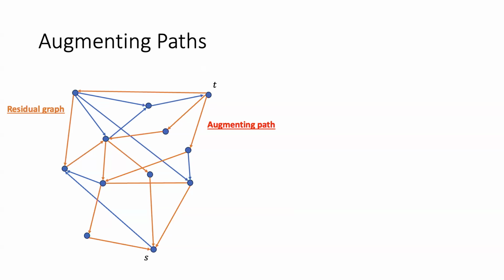Now, crucially, even though there's no S-T path in the original graph that does not intersect with our previous flow paths, because we are considering the residual graph, there's one more such path that crucially uses this purple edge. By using this purple edge and sending a unit of flow through it, we're effectively canceling out the flow that we sent in the opposite direction in a previous iteration. And it can be proven that by continually doing this until there's no S-T path, you'll end up with a